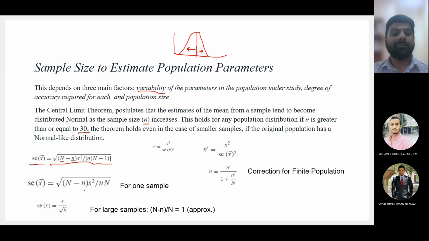But normally, obviously, we are calculating one sample, and in the case of one sample, the equation will be simplified to this one. If you are just finding the values for one sample, then this is the simplified form of the equation. But again, you can see the parameters are the same: capital N, the number of values in the entire population, and small n, the number of values in the sample which you want. S square is now the variance of the sample, and so on.